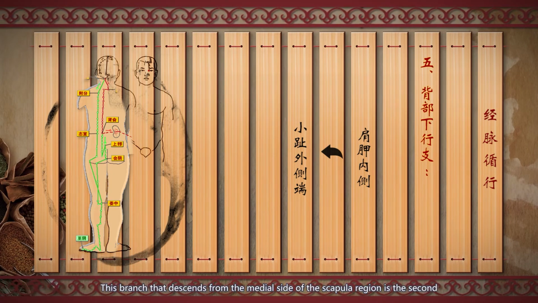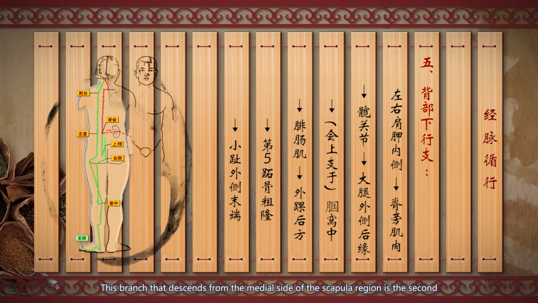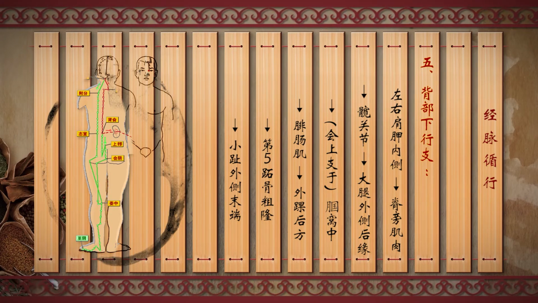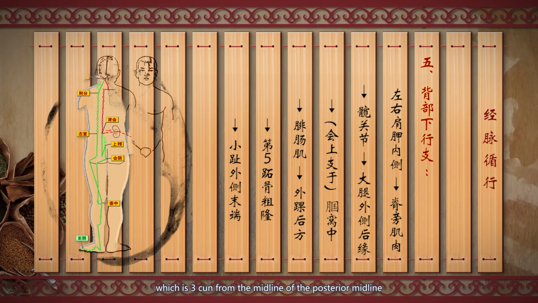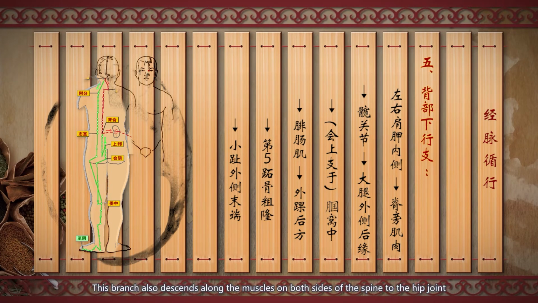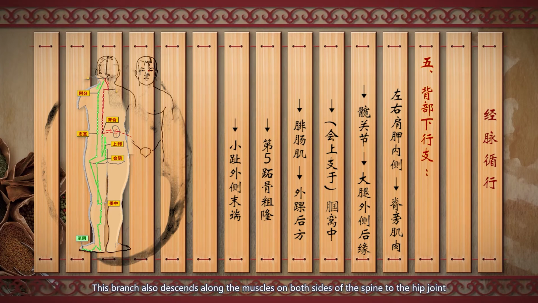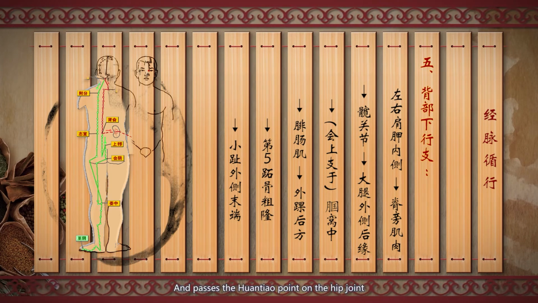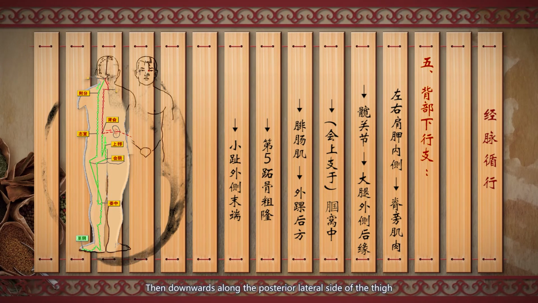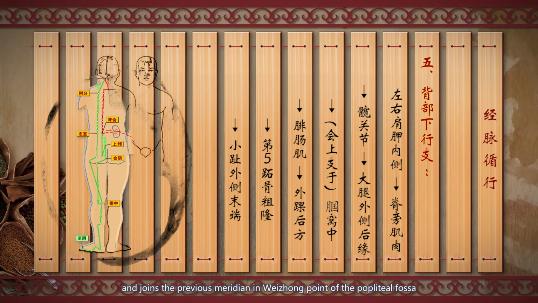The branch that descends from the medial side of the scapular region is the second, lateral branch that we just mentioned, which is 3 cun from the midline of the posterior midline. This branch also descends along the muscles on both sides of the spine to the hip joint and passes the Huantiao point on the hip joint, then downwards along the posterior lateral side of the thigh and joins the previous